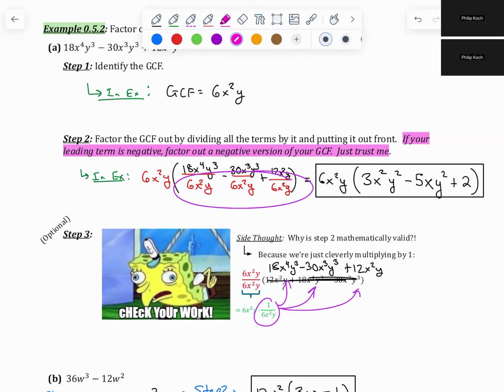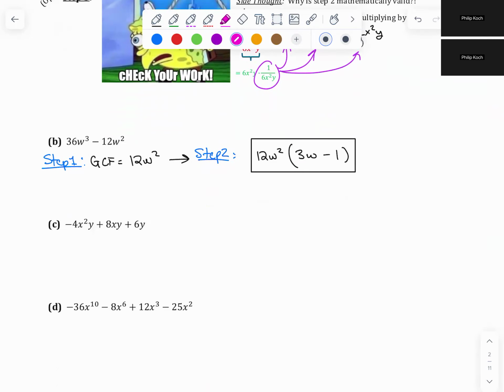GCF. So for example, with part C and part D, the leading terms on both of them are negative. So find what the GCF is and factor out a negative version of it, which will change the sign on the insides. Maybe we'll do C together and then I'll let you guys do D. So the GCF of C, 2, yes. And then no X's because the last term doesn't have any X's, but all the terms have a common factor of Y. So GCF is 2Y, but since the leading term is negative,